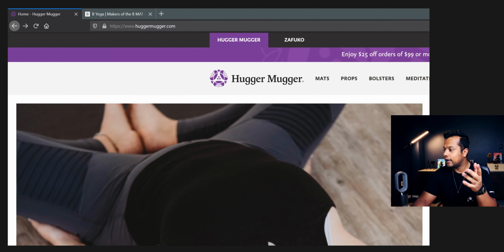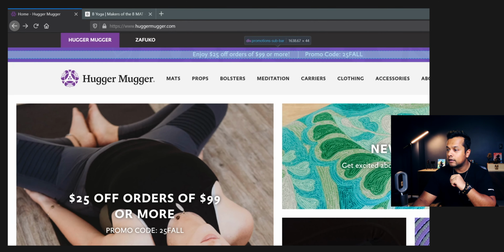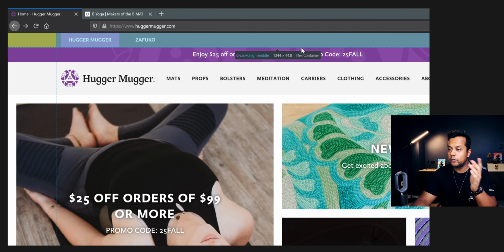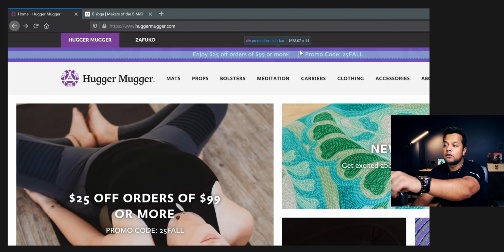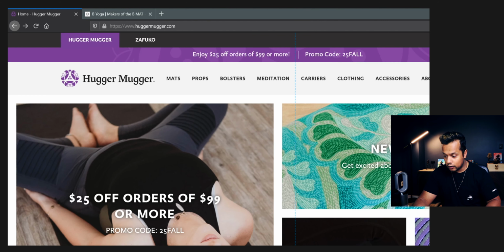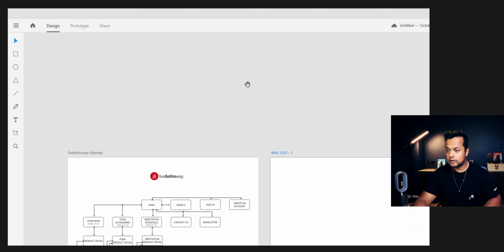Okay, so I'm going to right click right here. It's called Inspect Element. Firefox and Chrome have this. I'm using Firefox, so let's go ahead and do that. Click on Inspect Element, and you're going to click on this mouse icon right over here and place it right here. And as you can see, the height of the bar, the width, we don't really need to worry about it right now, and I'll tell you exactly why. So it is 44. So we're going to go back to XD and